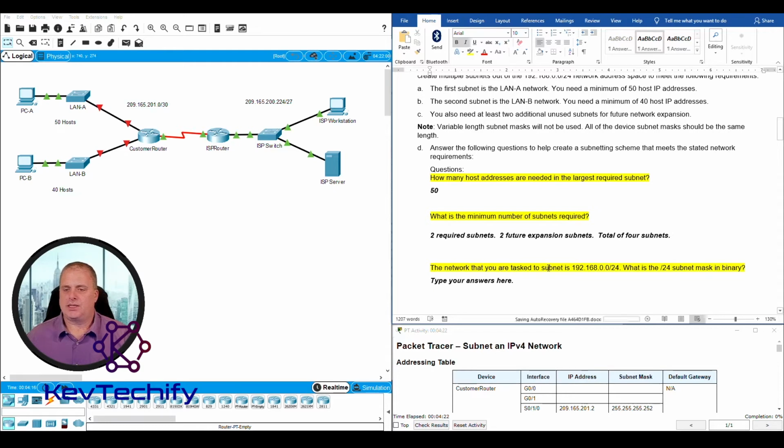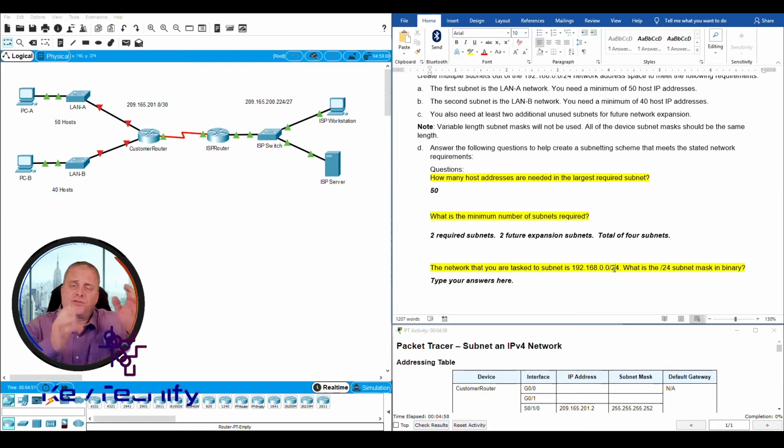The network you are tasked to subnet is the 192.168.0.0/24 network. What is the /24 subnet mask in binary? Once again, as we remember, the slash number at the end of an address means how many bits are in the network portion. The network portion is the first part of an IPv4 address. An IPv4 address is 32 bits long. That slash number will never be bigger than 32. And what it's saying is, out of those 32 bits, the first 24